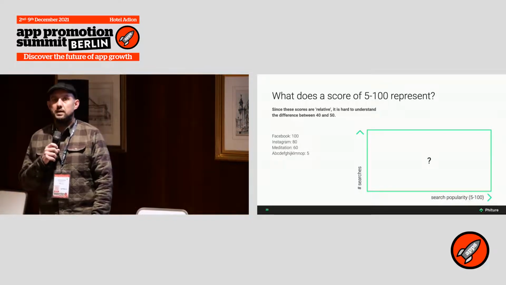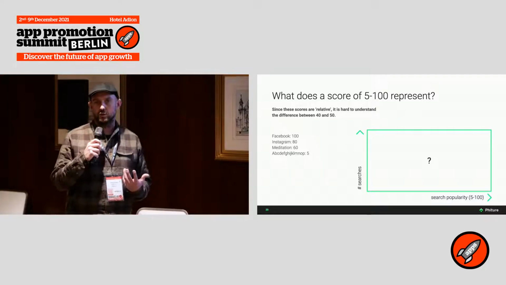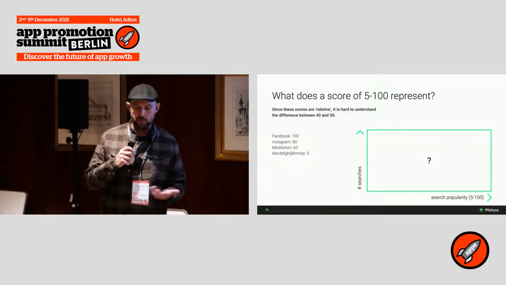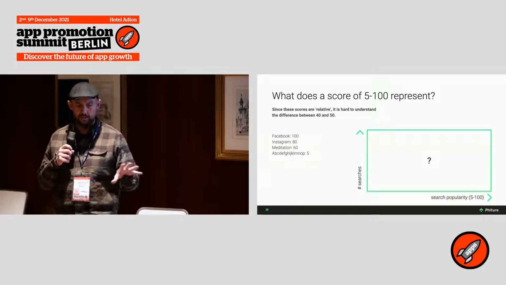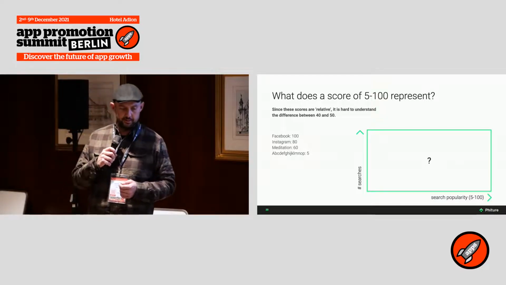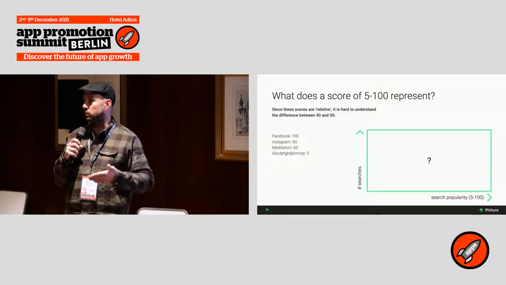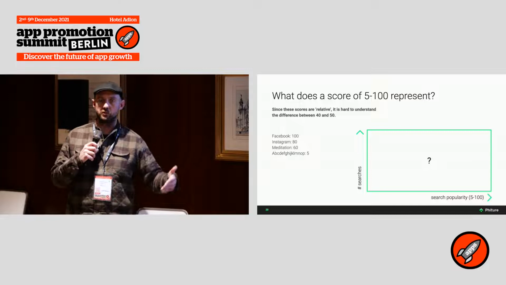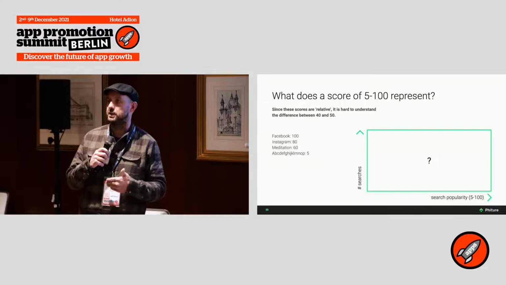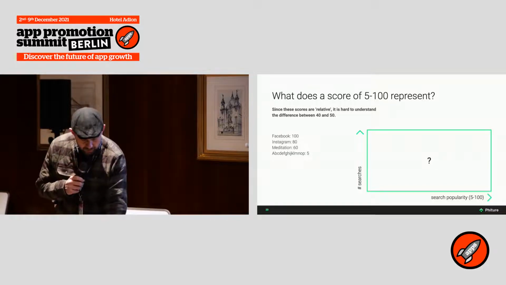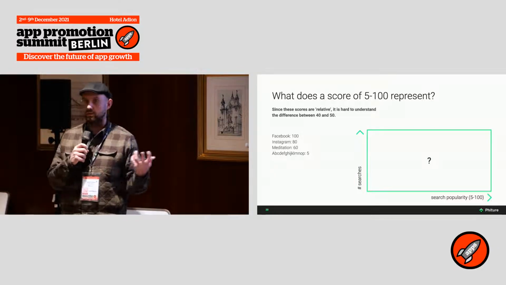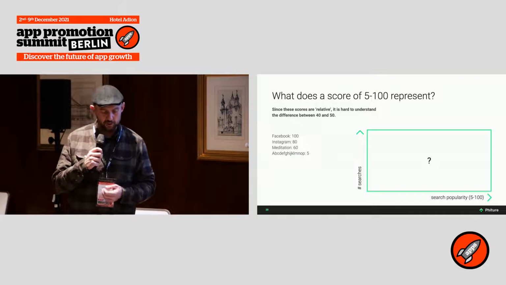That still left us with the question: what does that search popularity between a 5 and 100 actually represent? We see, for example, Facebook being 100, Instagram 80. These are not numbers of today; it probably looks a little bit different. And meditation 60, and any garbage keyword that you would enter in Apple Search Ads would always return 5. So we're already excluding anything that is 5 because that's the lowest number Apple would return. But it left us with this question: what is the difference between a 40 SP score, and we call search popularity SP score,